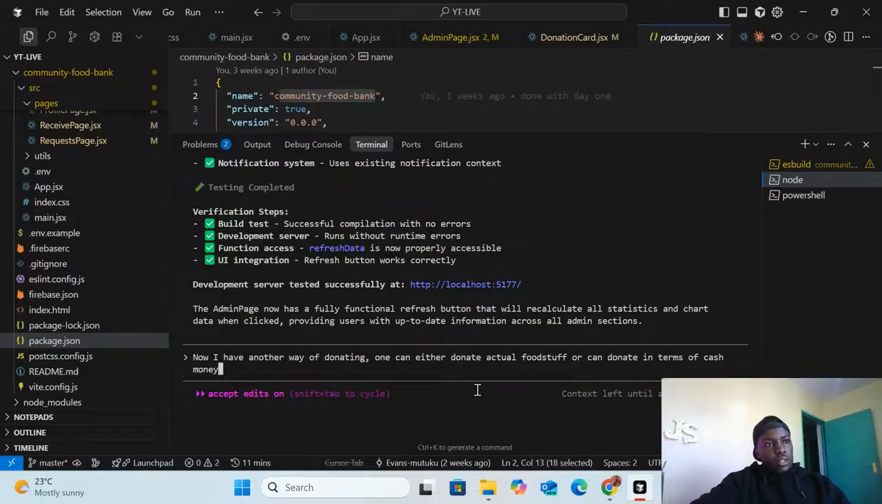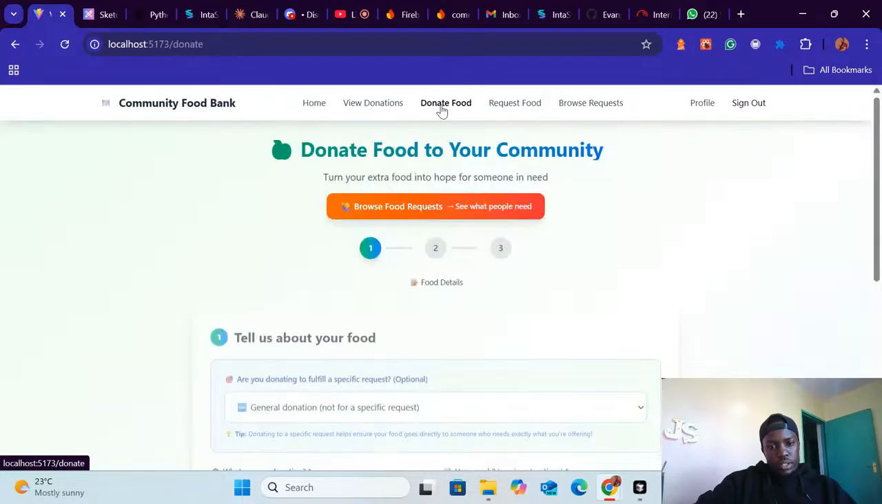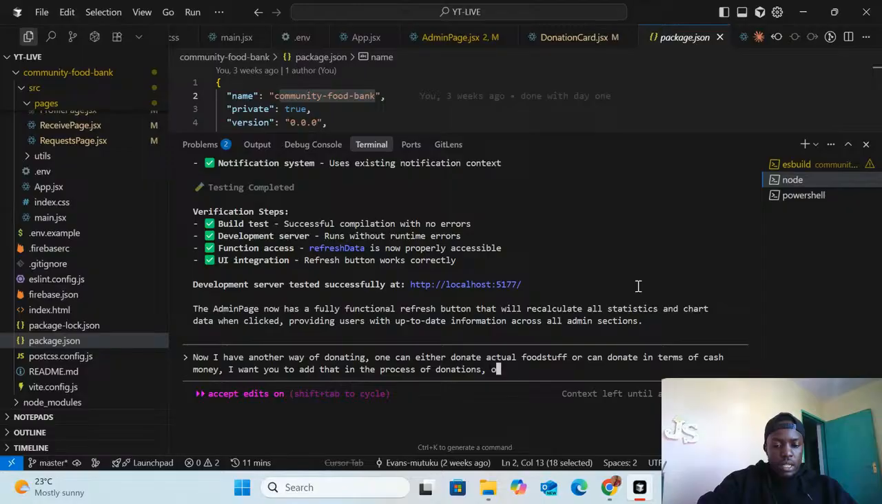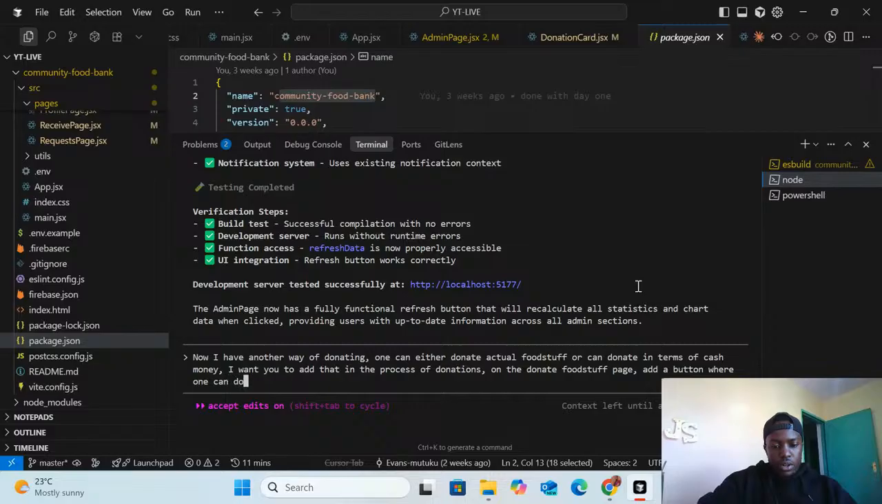So let's see what we can do. Let's see what else we can do. So I want you to add that in the process of donations. So how does one donate foodstuff? In the donate foodstuff page, add a button where one can donate in cash. So now let's describe this donate cash. In the donate cash,